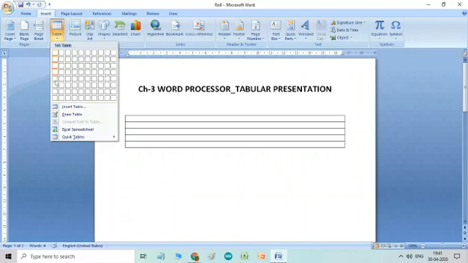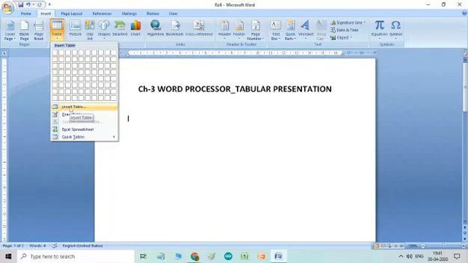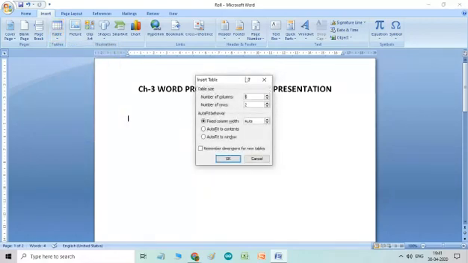As soon as you click, the dialog box will appear. Now here you can enter the number of columns. It is asking how many columns you want and how many rows. So suppose I need 4 columns and 4 rows.